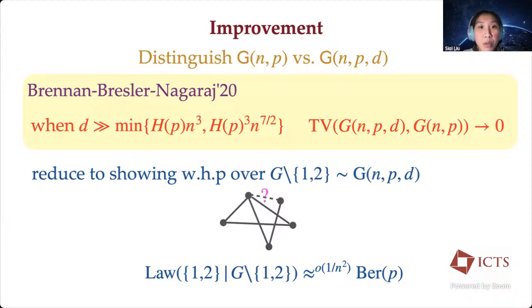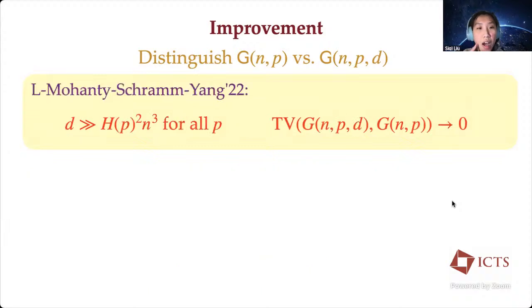In fact, we want it to be little o of 1 over n squared close because we'll incur such a loss in every single random variable, and they're an order n squared number of variables. So they were able to improve the result because they're looking at KL divergence for this specific distribution. And later, in joint work with Mohanty, Shrem, and Yang, we further improved this lower bound to